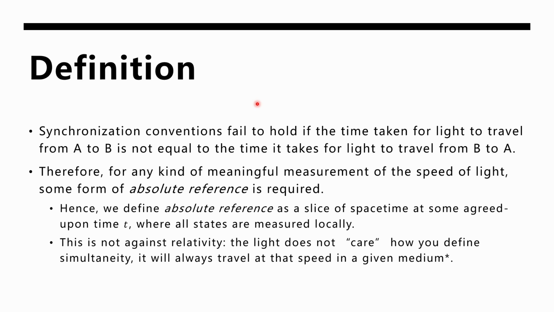Okay, I kind of lied there. We actually don't know. What if light is slower in this area of spacetime and faster in some other area? We don't actually know that, but anyway, we can't really do anything about it if that's the case. Everything breaks down, and also I'm actually not very familiar with relativity. Someone should correct me if I'm wrong about this. If light actually does care how you define simultaneity, and it will travel at a different speed, then I apologize for releasing this video, because in that case, my entire theory falls apart. Anyway,